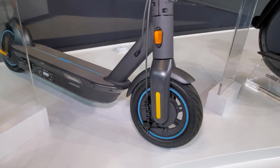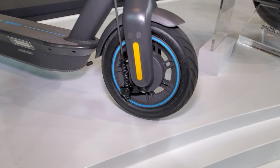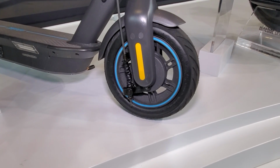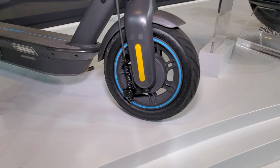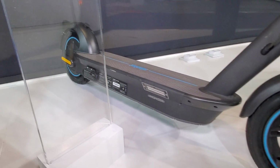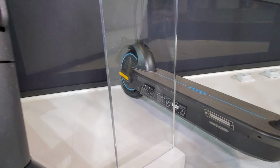The quality seems great. So we've got drum brakes on the front, and they do have these, okay, they're air-filled tires, so not solid tires, but they have an extra special layer in them to help actually with punctures, which is a big problem, of course, on these scooters that I had with the original Xiaomi. The punctures I was getting was a huge issue, and they do have a solution in there as well. Now you can see it's rear-wheel drive,